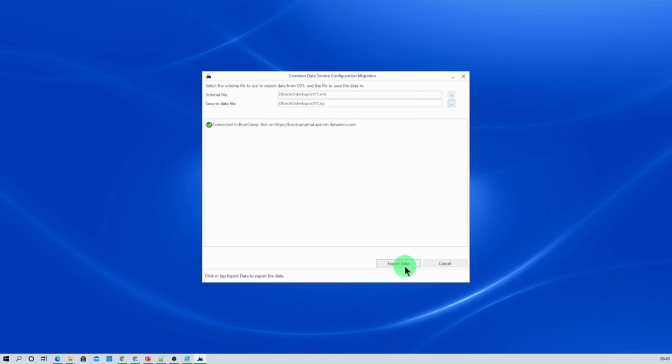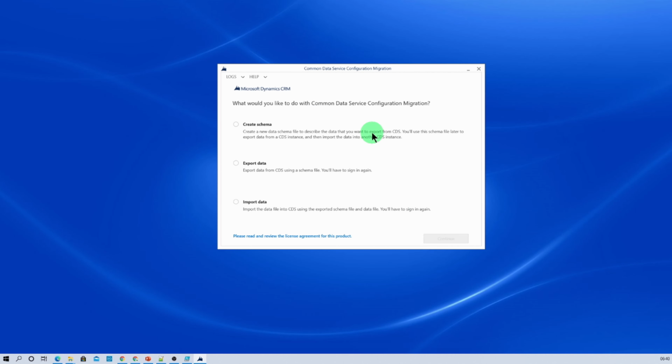So let's click on export data. That will export the data into a zip file, and here you can see that the export data has been completed successfully. Now let's click on exit, and now it's time to import the data to the destination environment.